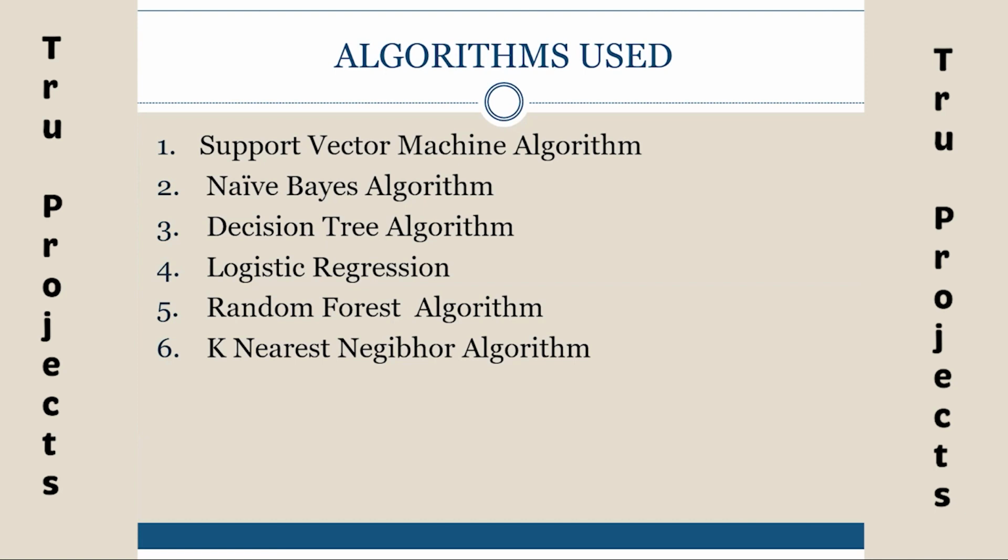The fourth one is logistic regression. It is utilized for binary classification tasks such as predicting the presence or absence of cardiac disease due to its simplicity and ability to model linear relationships. The next one is random forest algorithm. Here it is employed to create an ensemble model and handle high-dimensional data, reduce overfitting, and improve the accuracy and robustness of the cardiac disease prediction. The next one is K-nearest neighbor algorithm. This is chosen for its simplicity and effectiveness in identifying similar data points, allowing it to make predictions based on neighboring instances in the dataset, which means it will be clustered into one group.